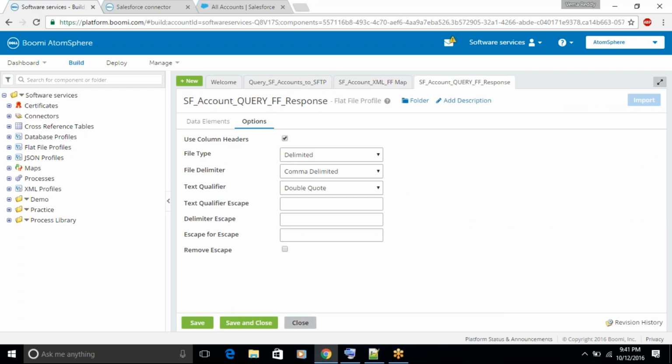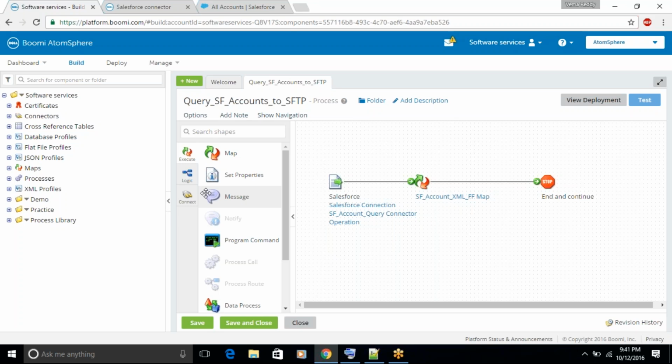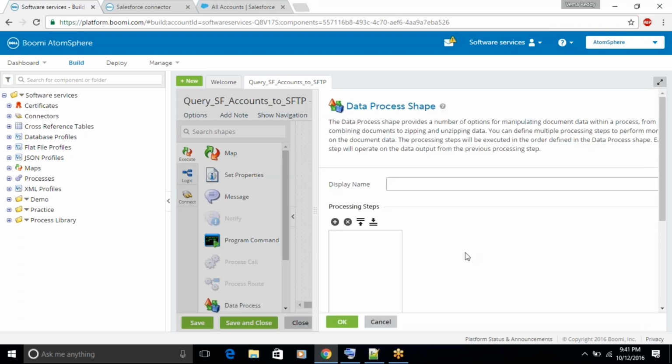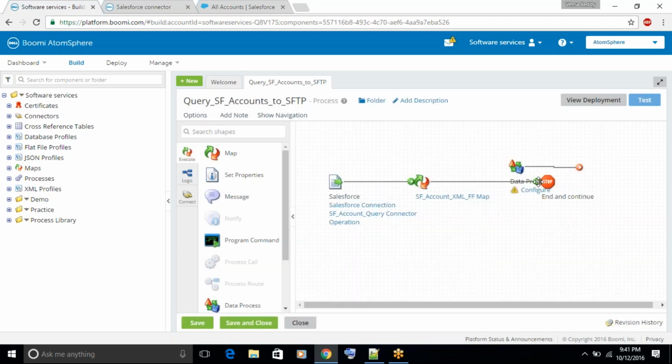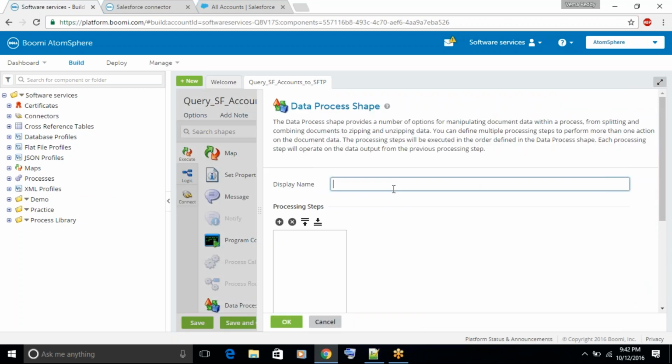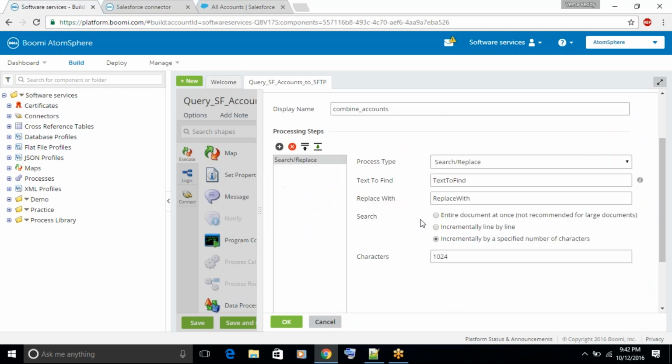these values. And now what I wanted to do is combine. I don't want each of the records to be in a separate document. I want all the records to be in one document. Let's click on plus,